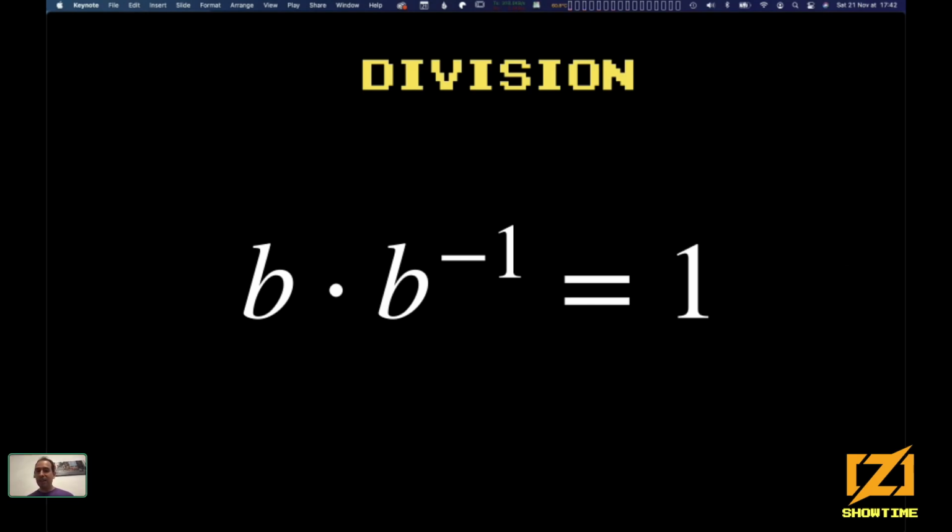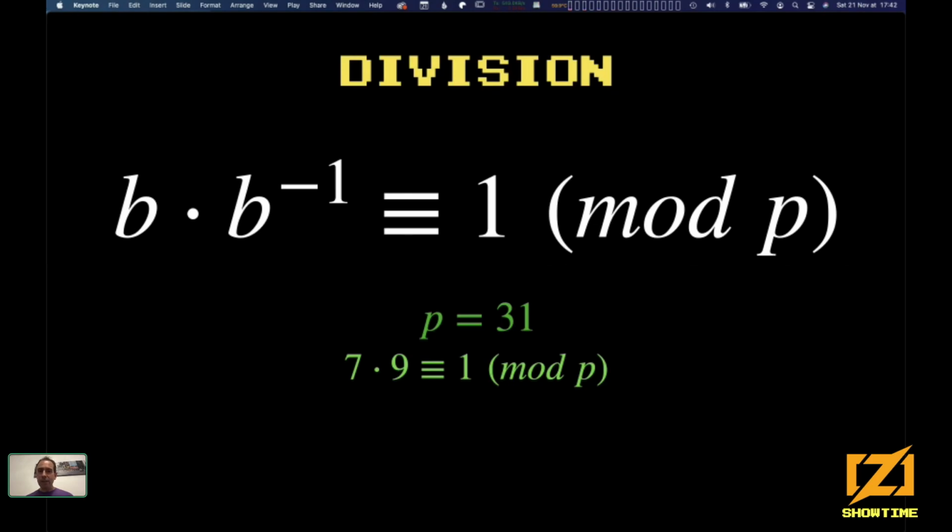And this is something that's very easy to figure out with real numbers. But with integers in a finite field, when we can wrap around, we can totally find a number, an inverse for B, where this works. Here's a very simple example. Using a very small row size, we are going to say that P is 31.